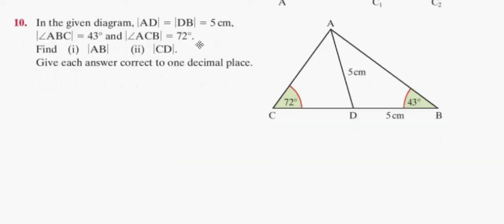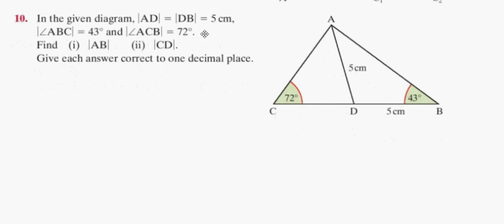In the given triangle AD equals DB equals 5, the angle ABC is 43, the angle ACB is 72. Find AB, find CD, and answer each one correct to one decimal place. So, what we're going to do here,